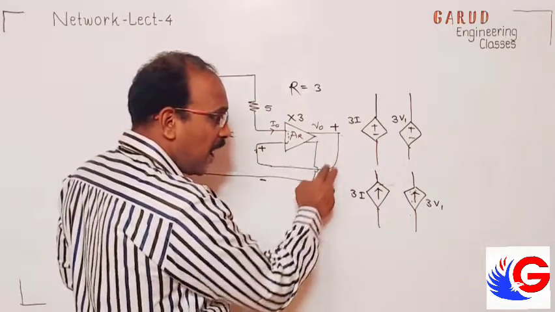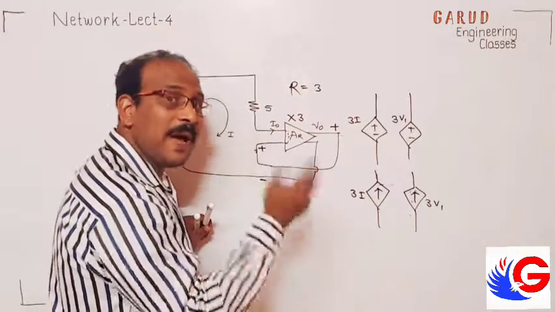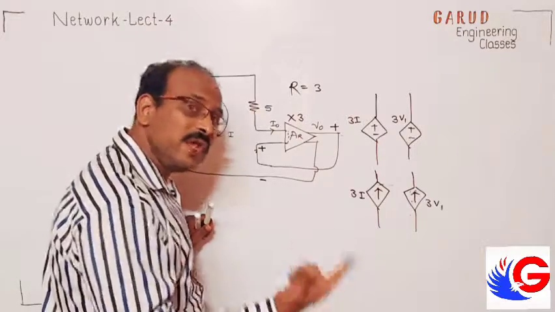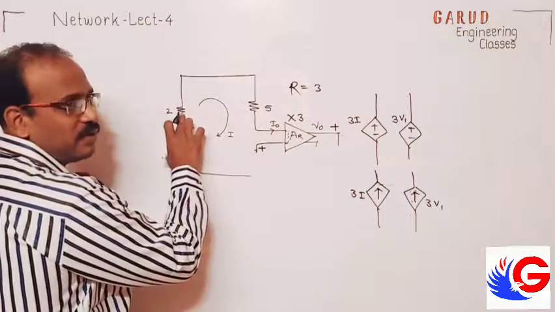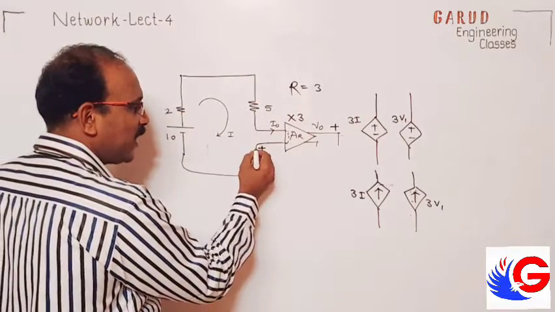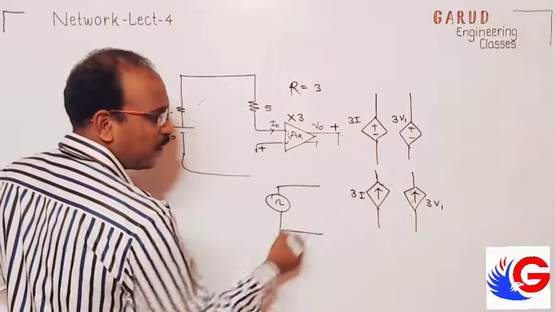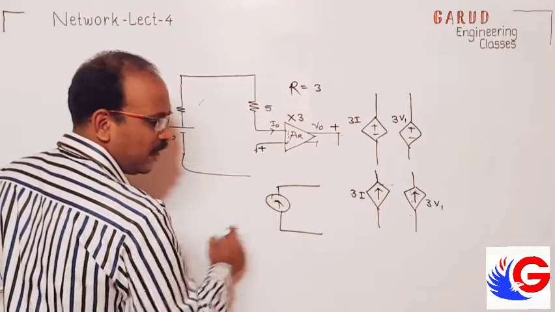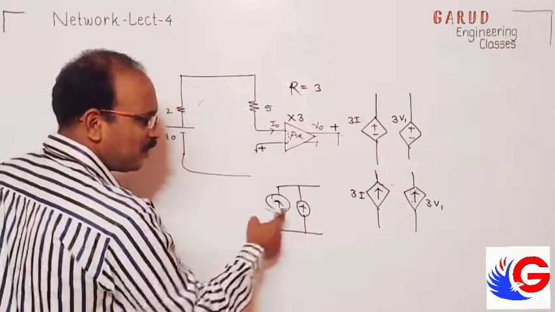Then how to add the current? Current is always added parallelly. That you are going to see in AE. How is current added parallelly? Suppose this is a voltage source and here you want to add a current source. We can add current this way. Current is always added parallelly.